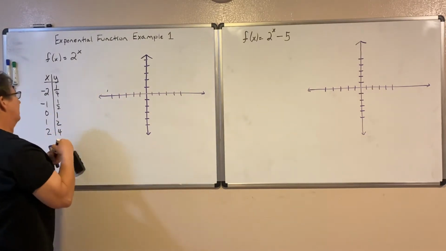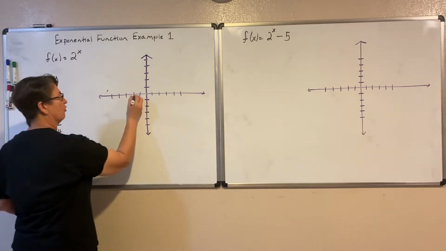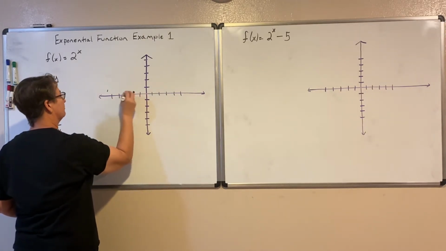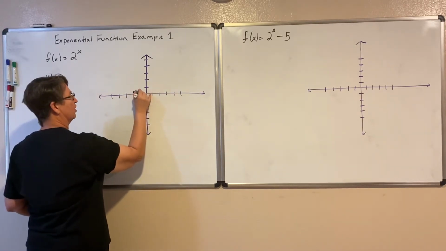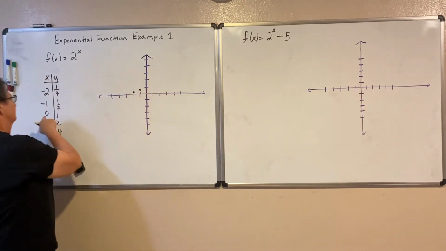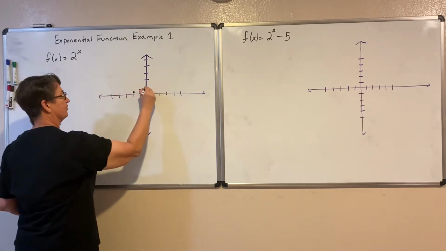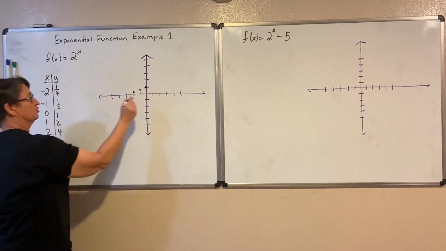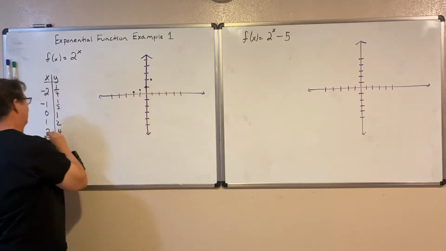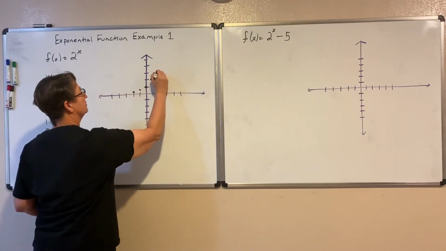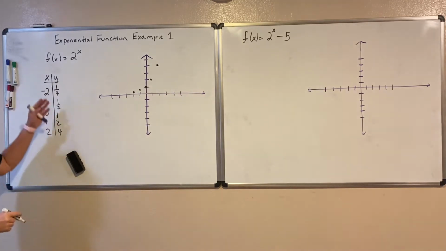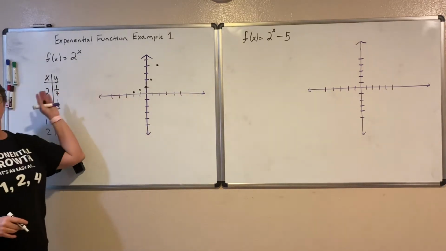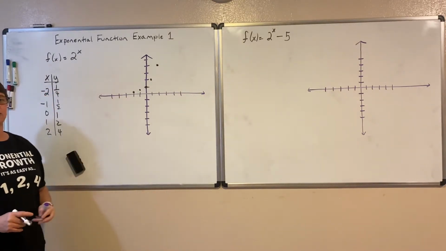So first at -2, 1/4, -1, 1/2, 0, 1, 1, 2, and 2, 4. Now, if we look as we input smaller and smaller x values,